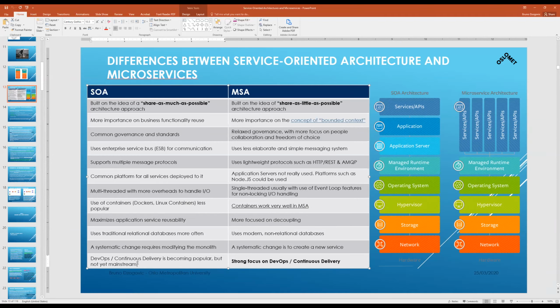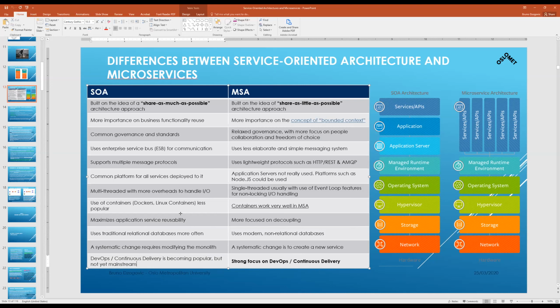And of course, there is another interesting advantage, because in microservices there is a strong focus on DevOps and continuous delivery and integration. This is also possible in service-oriented architecture. It's being done. I think Red Hat with their platform as a service, OpenShift, is doing a lot of DevOps and continuous delivery in the model of service-oriented architecture.